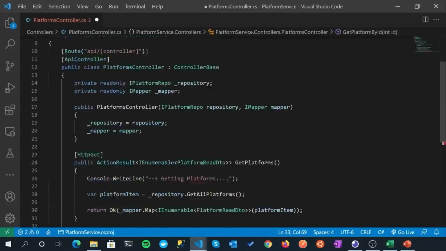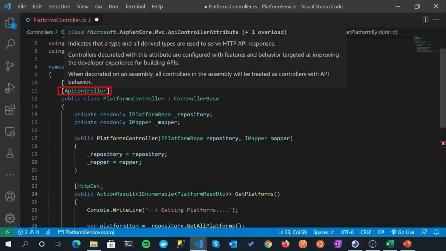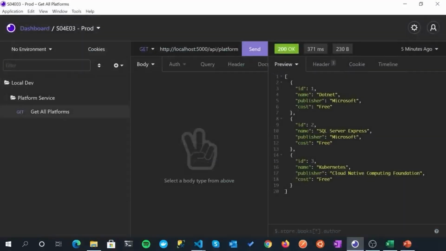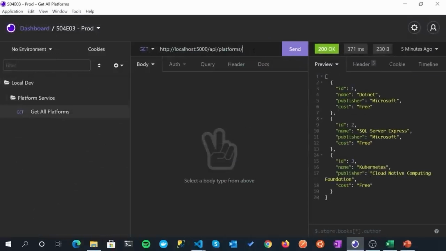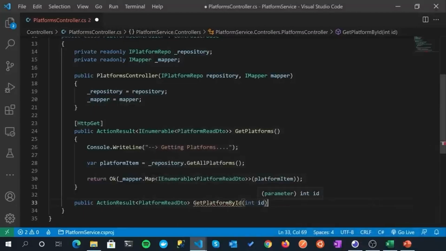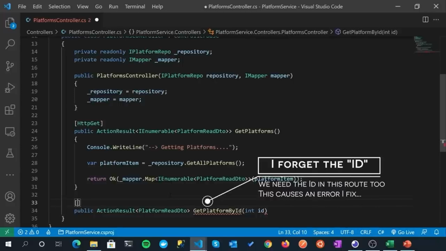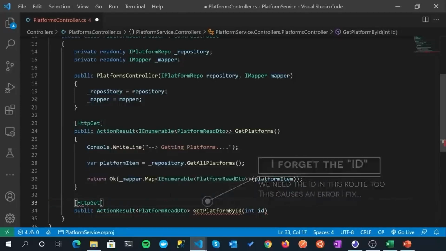Now, when I was talking about this API controller giving us some out-of-the-box behaviors, this is what I'm talking about here. By defining this ID as part of an input parameter to this action result, it will be interpreted automatically when we come over to testing it, and we pass in /2 to relate to one of the IDs of the platforms. This route will automatically be mapped to that. Okay, it's kind of nice. You can't explicitly tell what you're mapping through from your request, but in this instance, it's all doing this kind of stuff out of the box for us. But of course, we do have to specify that it's an HTTP GET.